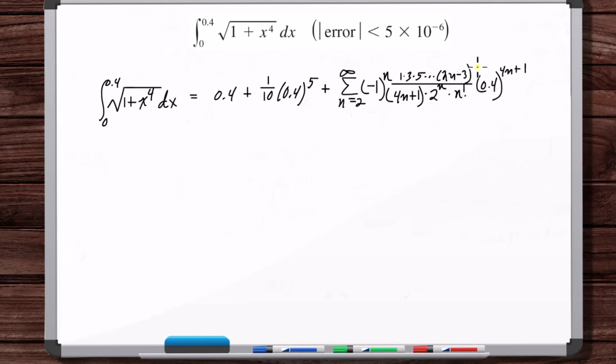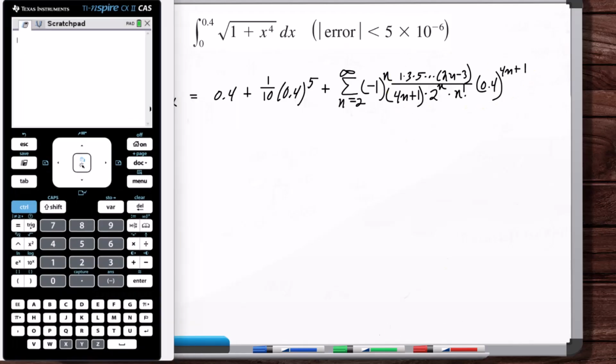test, and that means that the b sub n, where you just take off the minus 1 to the n, needs to be decreasing for all n. We're not going to go through a full, official proof to show that this is decreasing for all n, but what we're going to do is, okay, let's type in 4 times n plus 1 times 2 to the n times n factorial,